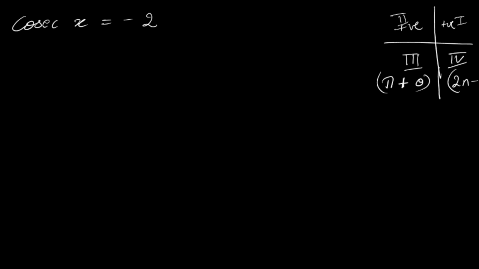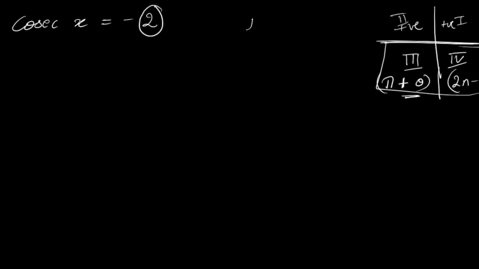Whenever we are changing the way of writing an angle, you have to see in which quadrant to write it. So third quadrant: pi plus theta, fourth quadrant: 2 pi minus theta. These two we have to use, right? So first of all, the basic value of x we have to find. The cosecant's value is given to us as 2. From here we have to understand.